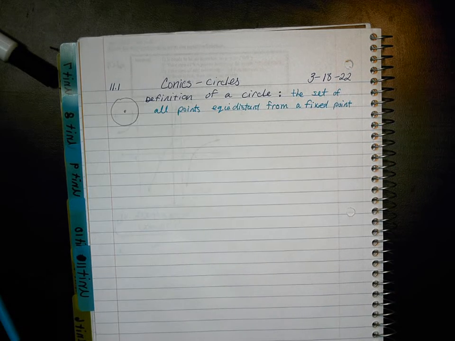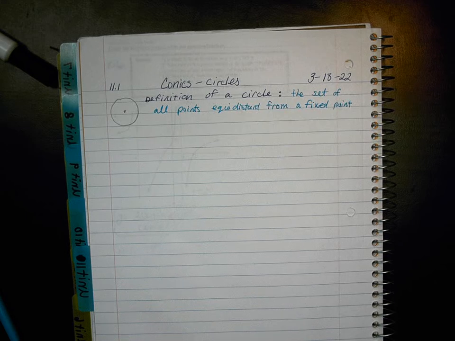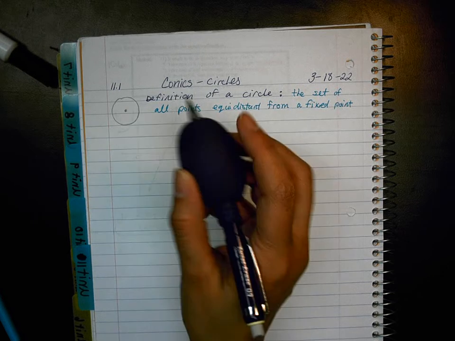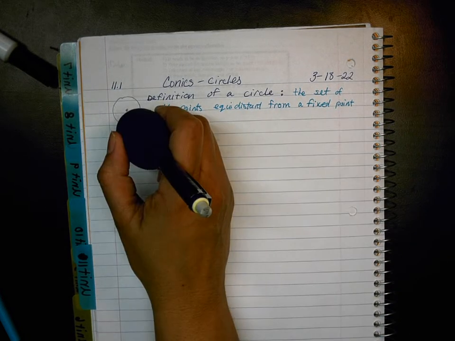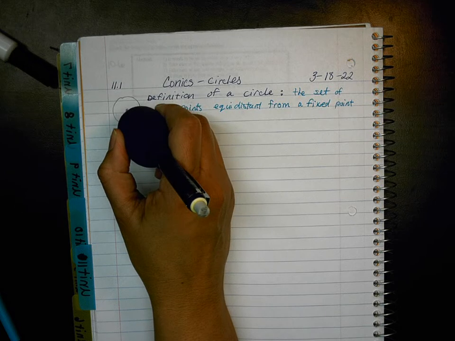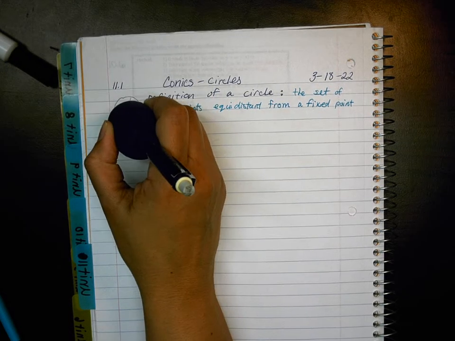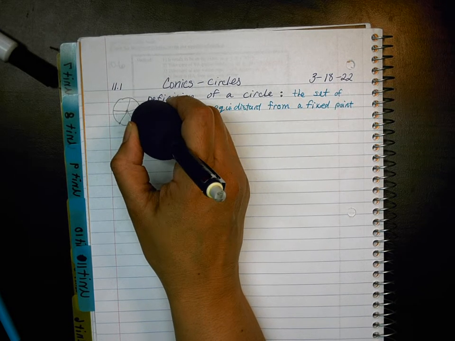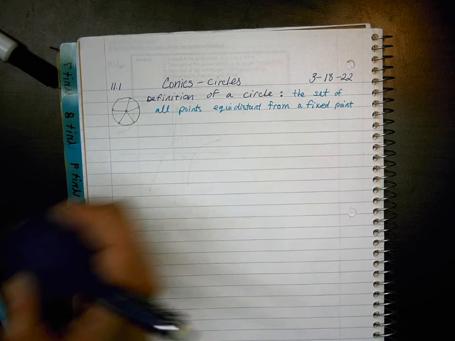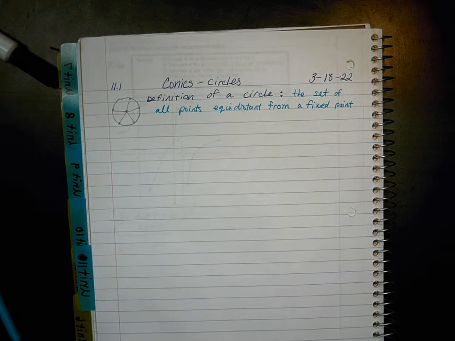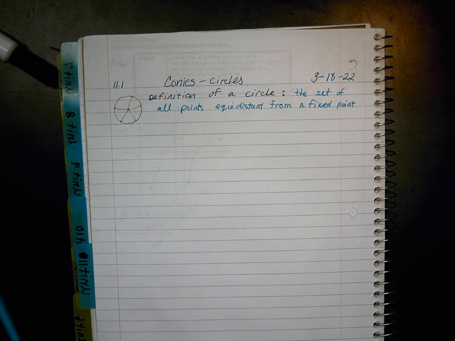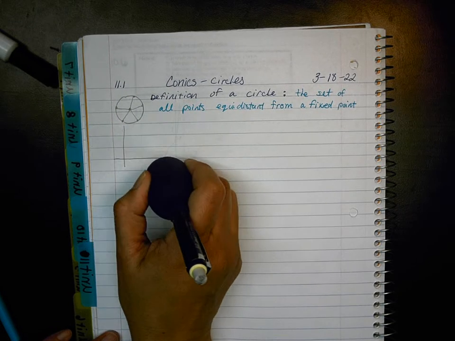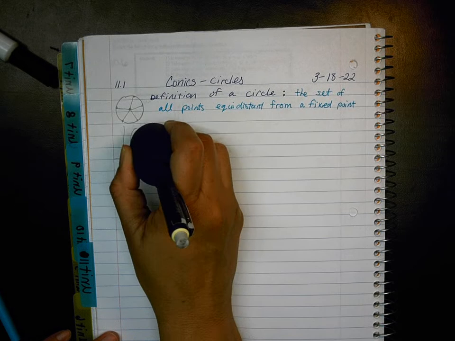What's the fixed point called in that circle? The fixed point is called the what? The center, and then the distance over and over is called the what? The radius. Okay. And then the set of all points is what makes the circle. The circumference of the circle, yes. Make sense? Okay. So I'm going to draw here an x and y axis, and I have my circle, and